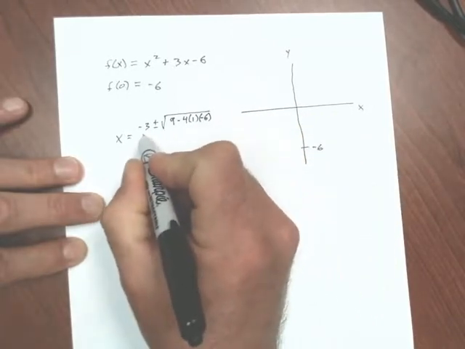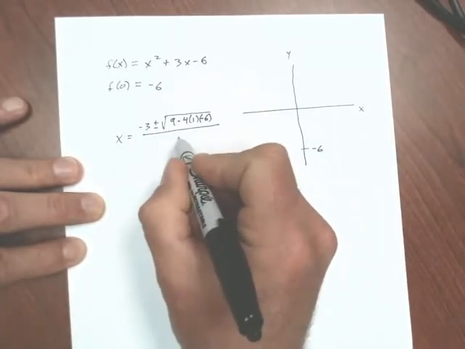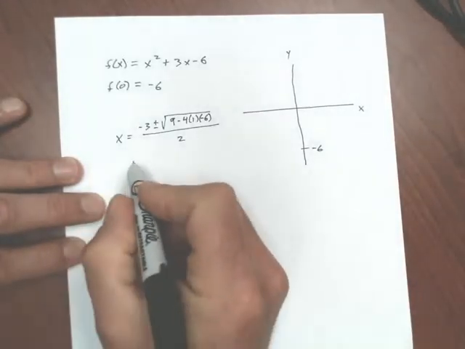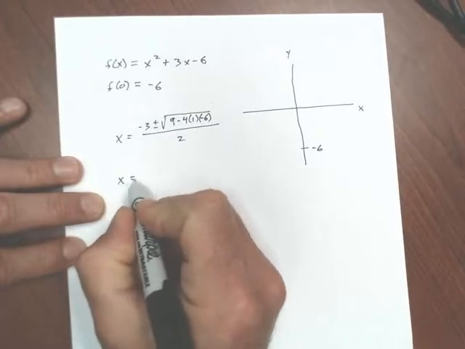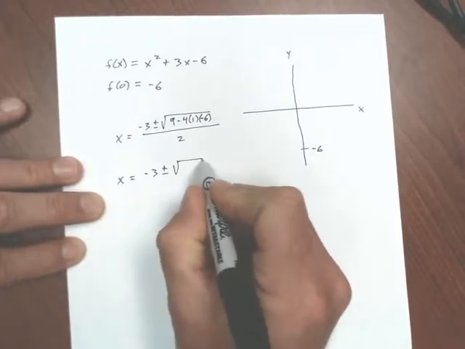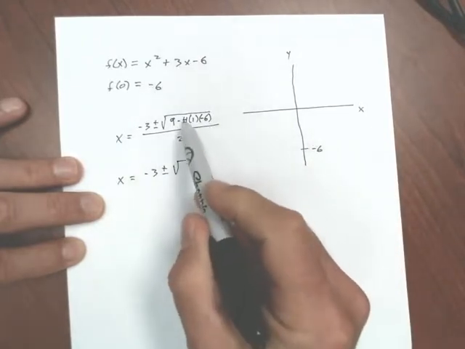All that is divided by 2a, which is 2. And so x equals negative 3 plus or minus the square root of, let's see, 33,